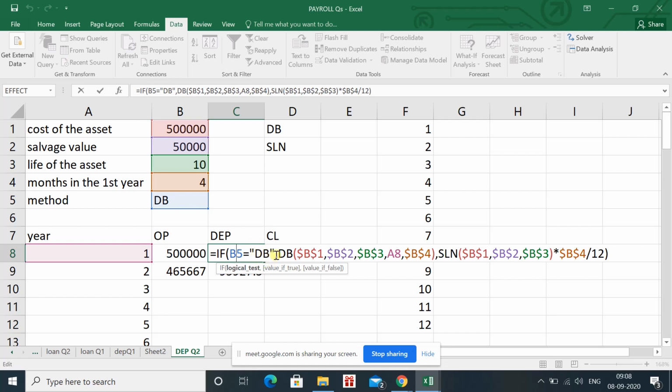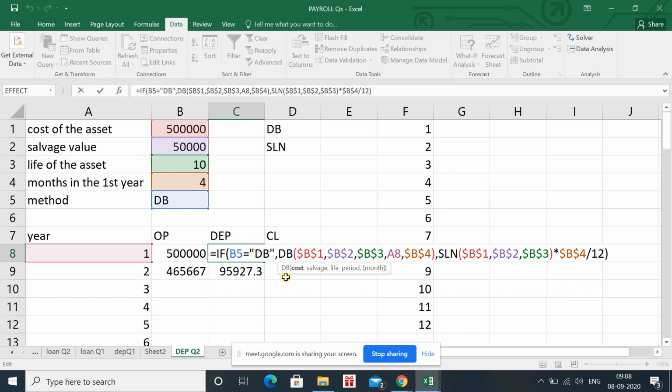If you're writing a number you can ignore the inverted commas, but when you're writing text you have to write it in inverted commas, and we have written the yes no in payroll also, so we know that we have to use the inverted commas for the text. So in this case we are saying if B5, the method of depreciation, is DB, then apply the DB formula. Now the question arises, what is the DB formula?